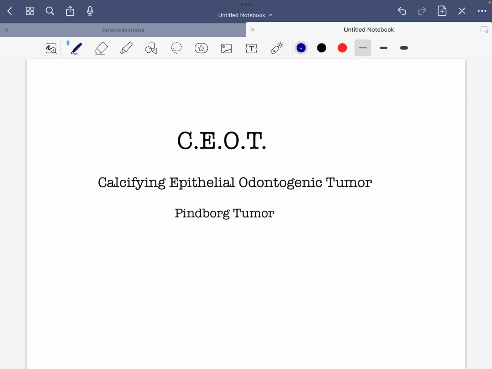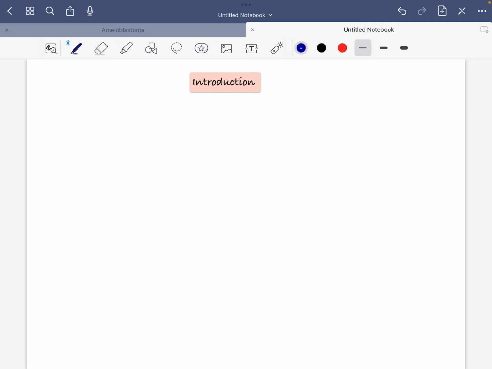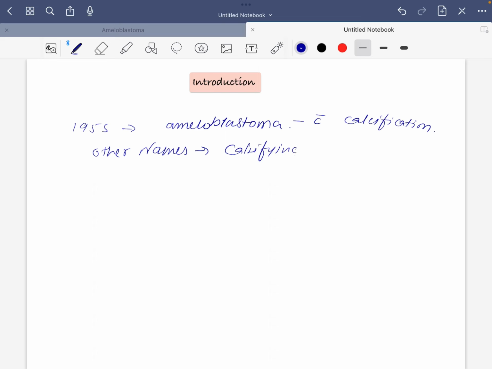Welcome back, guys. Now we will discuss calcifying epithelial odontogenic tumor in a continuation of our series of odontogenic tumors. We had discussed ameloblastoma in the last lecture. So what happened before 1955? C.E.O.T was known as a variant of ameloblastoma with calcification. It was believed to be, or the other names for that were, calcifying ameloblastoma